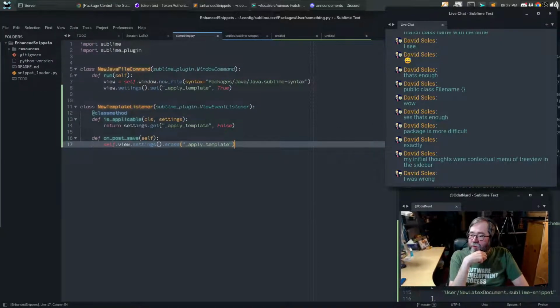Contextual menu of tree view in the sidebar. Yeah, well, I mean, let's not discount anything. If you knew you wanted to create a Java file,